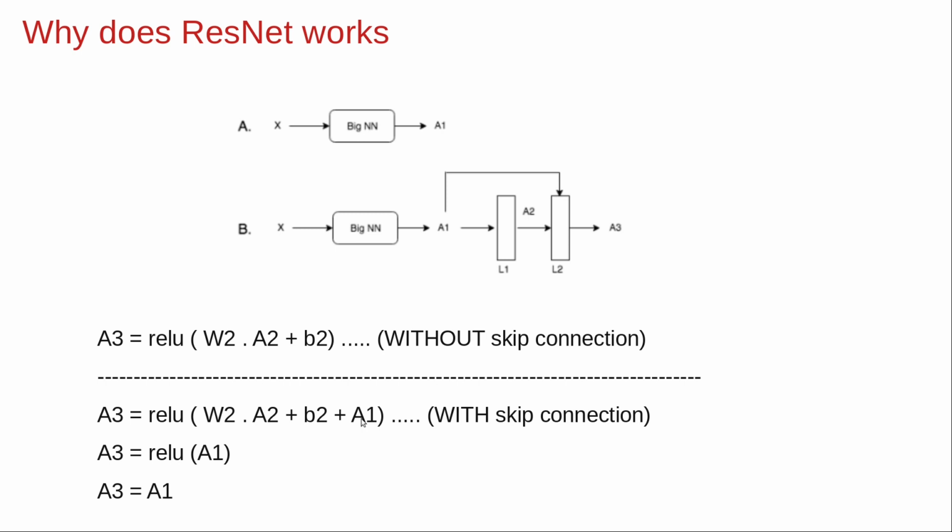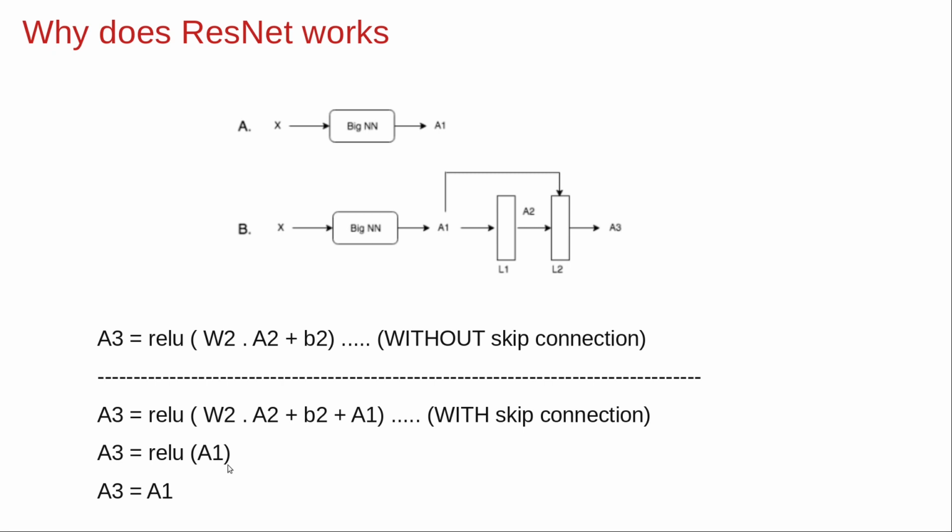And now the important part: if we use L2 regularization or the weight decay algorithm here, then by the definition of the weight decay algorithm, it will force W2 and B2 to become close to zero. That's how weight decay with L2 regularization works. So in the worst case, these two terms, W2 and B2, both become zero, and then A3 just becomes ReLU